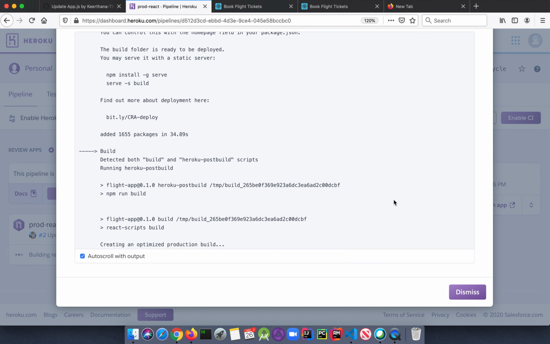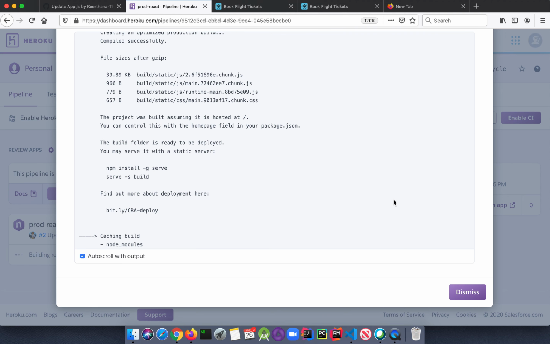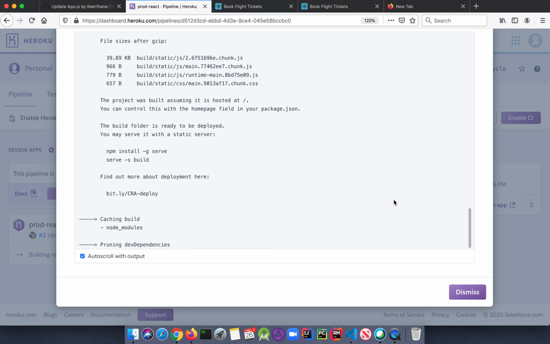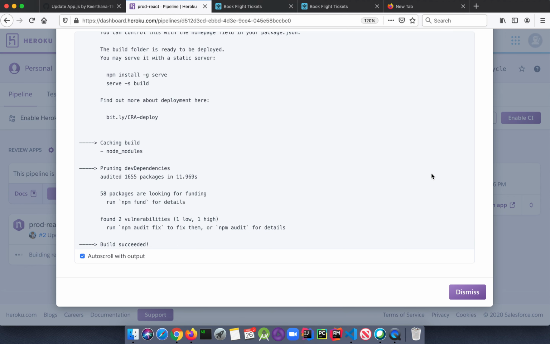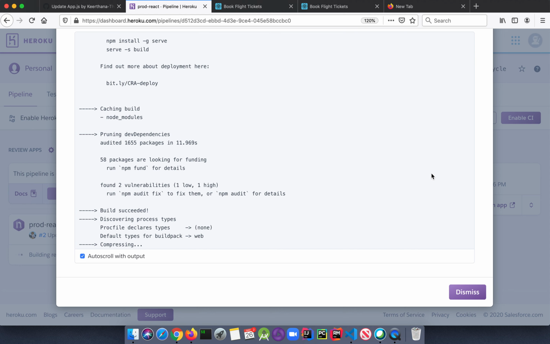Creating an optimized production build. The build is getting generated. Yeah, so the build has succeeded. It's getting compressed, like we have already seen while deploying to Heroku.